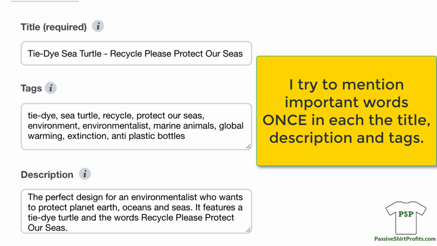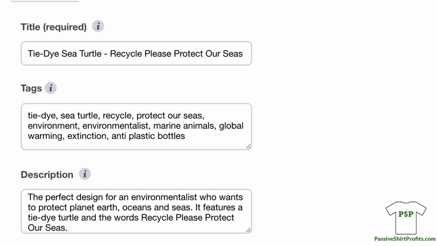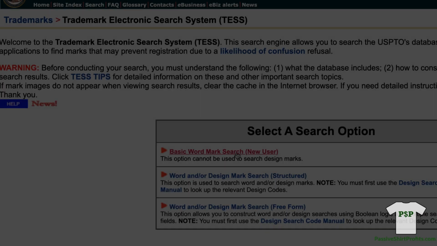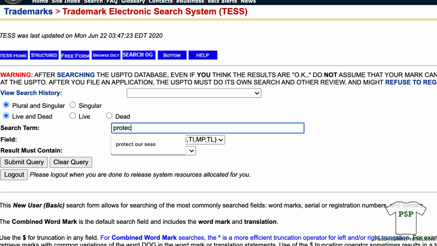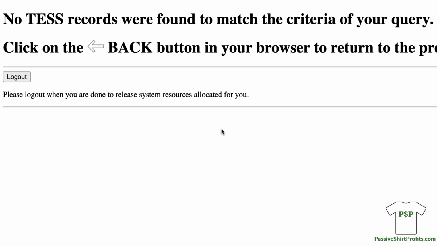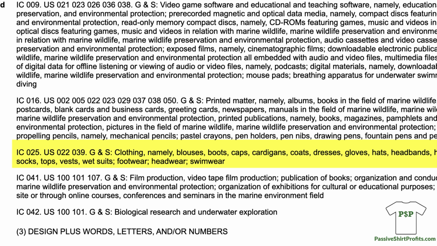Now, if you run out of keyword ideas, always check a thesaurus or Wikipedia for ideas on your topic, especially if you're not that well versed or you don't have a lot of knowledge about the topic. Always be thinking about what a buyer would search for that is relevant to your design. Another important point. Always check to ensure that your quotes or phrases are not trademarked. There are countless videos on YouTube on that. I'm not going to go into it here, but the bottom line is a phrase could be trademarked, but not for t-shirts. So it's still fair game.